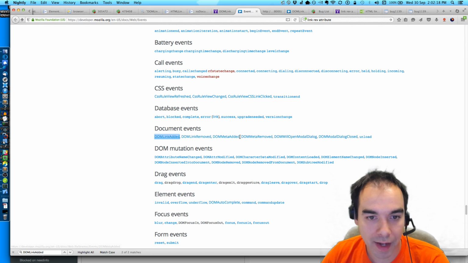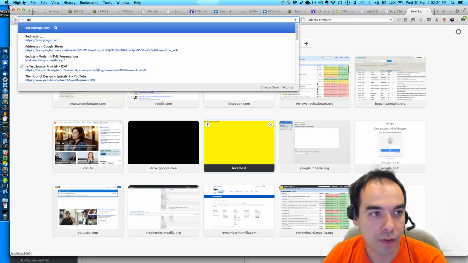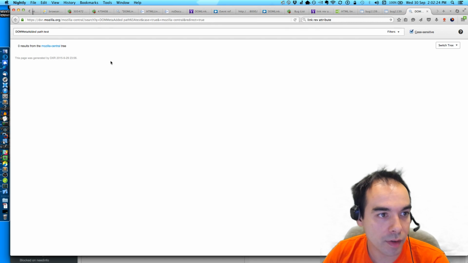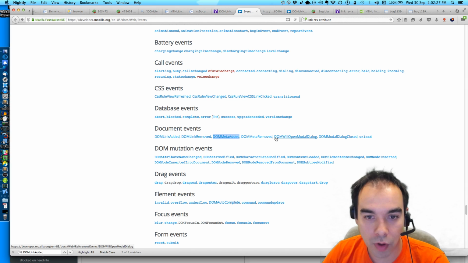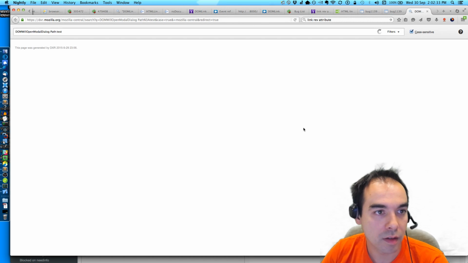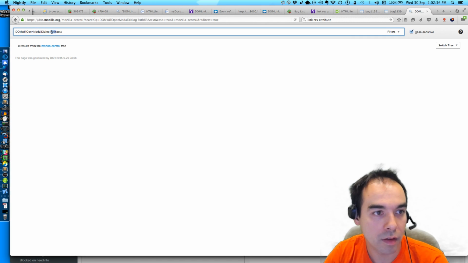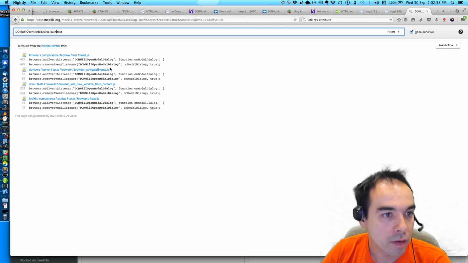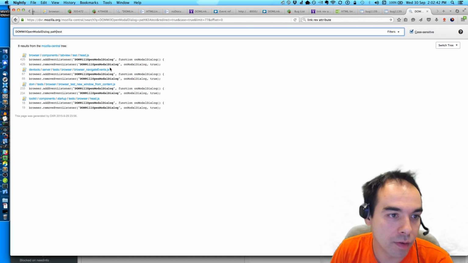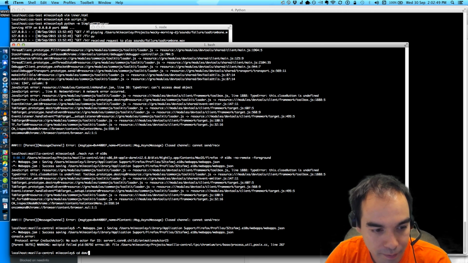Like DOM meta added, DOM meta removed. That we can find a good test directory. No. DOM will open modal dialog. That sounds like something that would have been tested. DOM tests. There we go. DOM tests browser. Maybe we'll put them there.